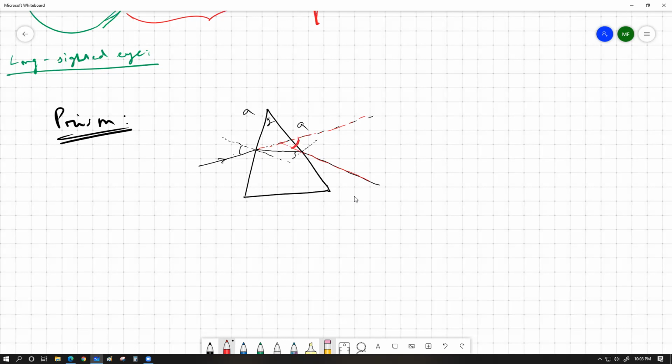This is the angle that we call the angle of deflection. That is actually how much bend the prism caused in the path of the light. So that's what we mean by the angle of deflection. It just so happens that the amount of bending that we have over here, and the amount of bending that we have over here, are very much dependent on the speed